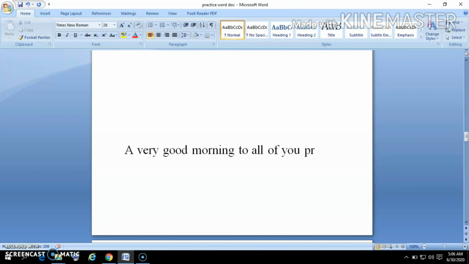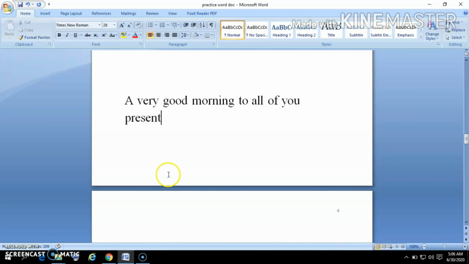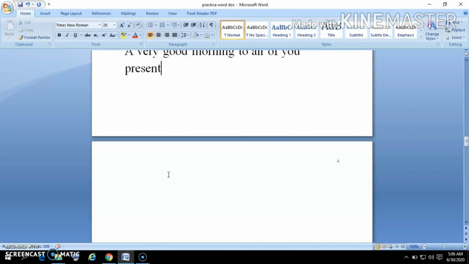A very good morning to all of you present. You can notice the cursor automatically comes to the next line. I have not pressed the enter key. So this is the word wrap feature.